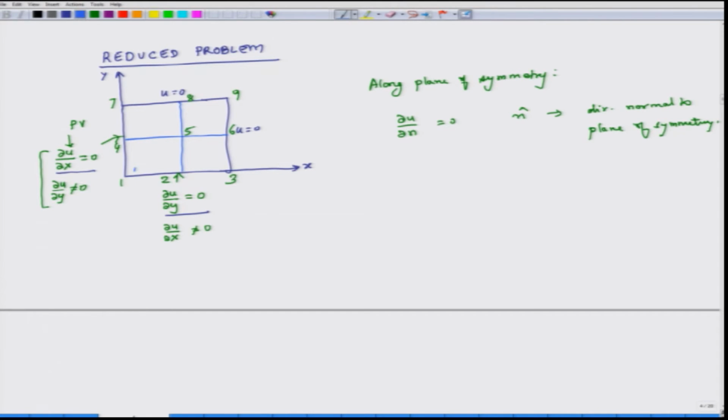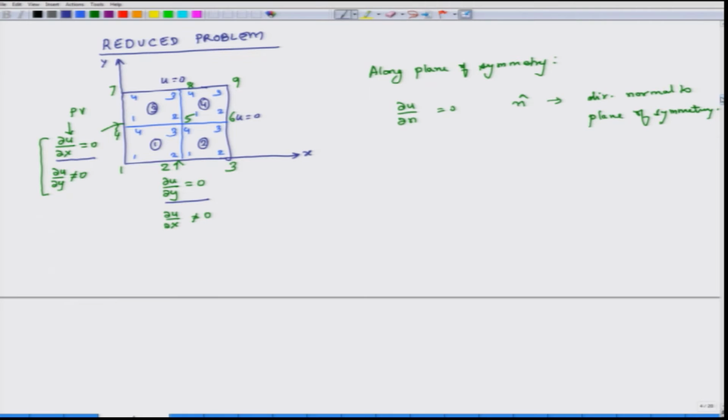And my local node numbers are 1, 2, 3, 4 for each element, and my element numbers are element 1, element 2, element 3, element 4. Agreed? So if I do the math, Kij for each element, if I calculate it in the local coordinate system, you have seen it earlier, then it will be